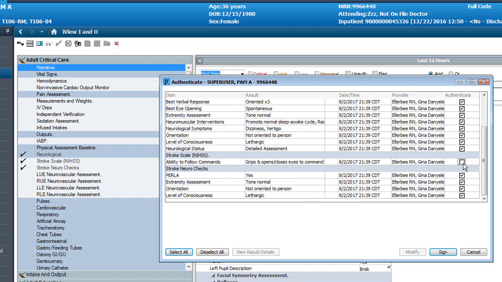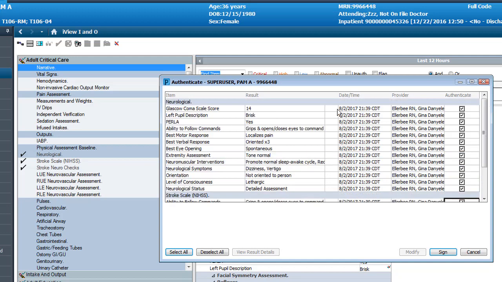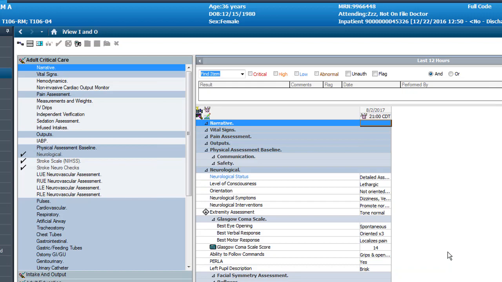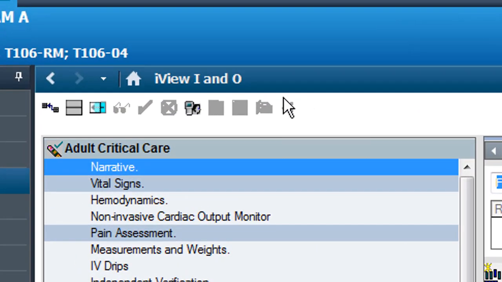Let's say for this assessment, we agree with the entire assessment. We saw the patient as well, feel like this is all appropriate documentation. We're going to go ahead and sign this documentation. Click on the sign, and then you'll see our symbol went away, and also this is grayed out up here. The authenticate button is now gray, so that means everything that's in this record has been authenticated. It's been co-signed, so we don't need to worry about that anymore. So that is the how to